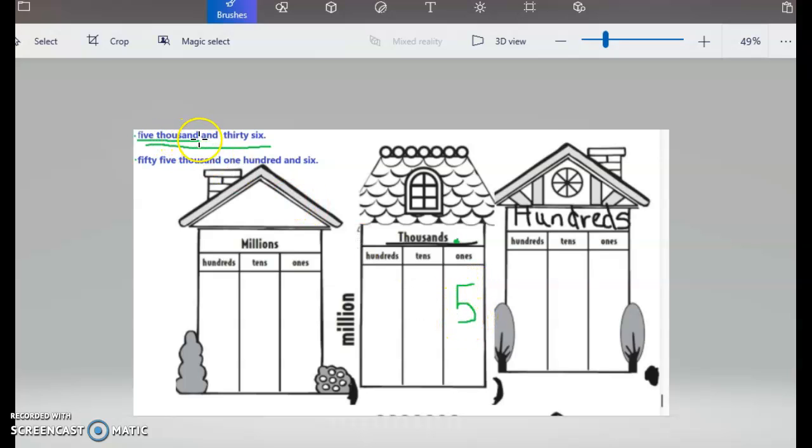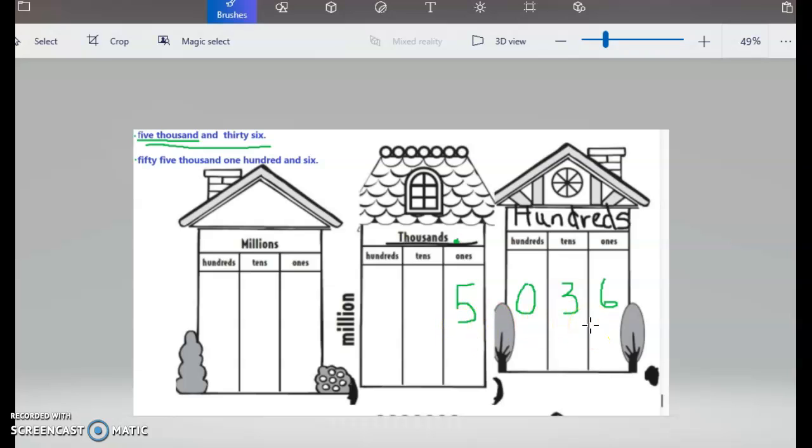And then we continue and it says 36. So I know that if I'm writing the number 36, that will fall into the tens and the ones house in the hundreds house over here. So I will write my 36. What about this missing hundred space? Well, if I don't have a number to fill in the space, I will fill it in with a 0. So this is how I write